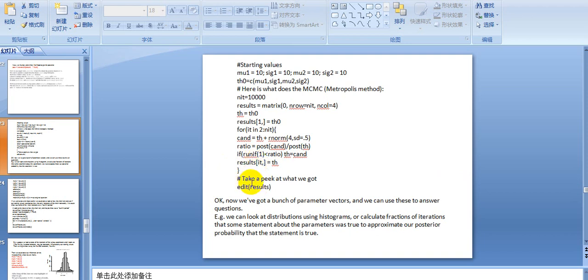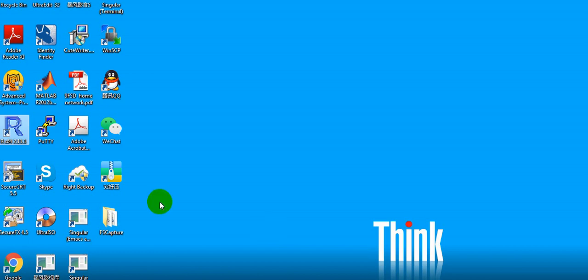And of course, after you run the whole thing, you can use edit to look at what's in the results exactly. Okay, now we got a bunch of parameter vectors, and we can use those to answer questions. Okay, so let's see if we can